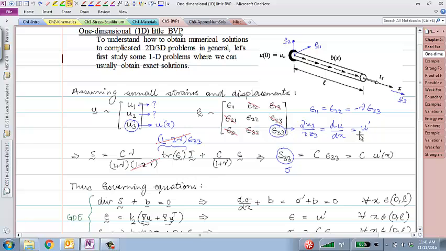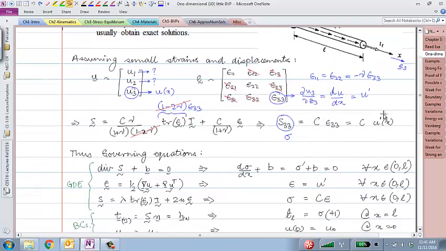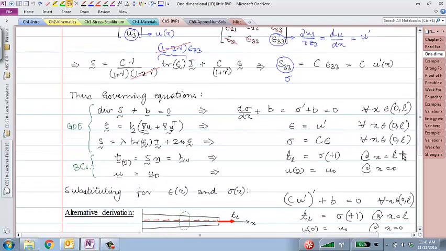This diagonal term gives me elongation, which we said that the strain is defined by u prime, that is just du over dx. Okay, strain in general, you remember, is half of grad u plus grad u transpose. But the diagonal component, this guy, is simply partial of u3 with z3, which is equal to du dx. We substituted all of that in the material model, and we came up with this set of governing equations that